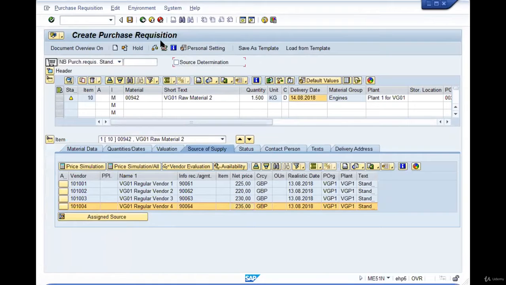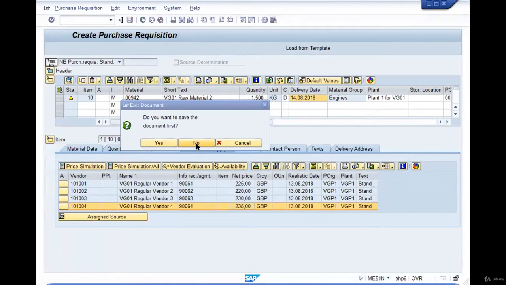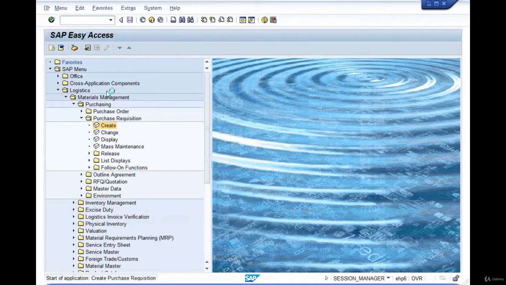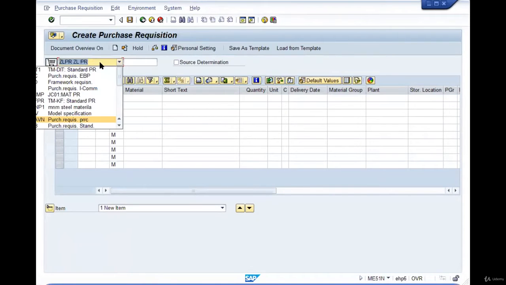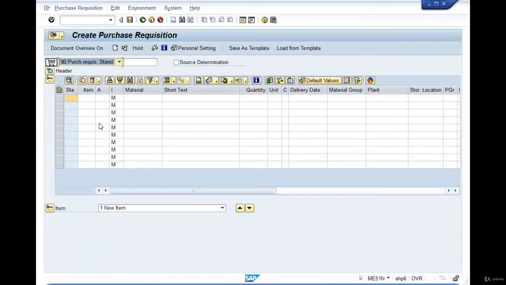For your initial practice, do not check the source determination checkbox. So just create it directly. Again, select the document type, enter the material numbers.